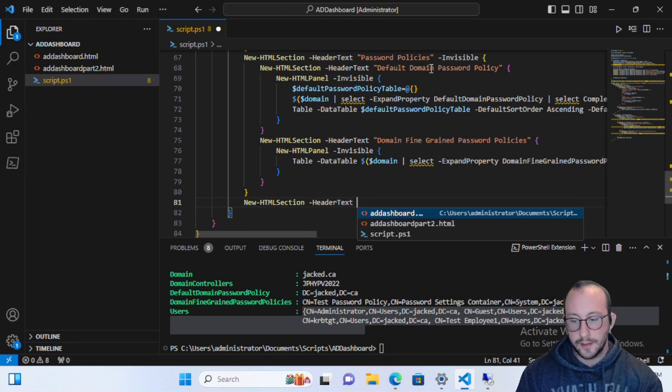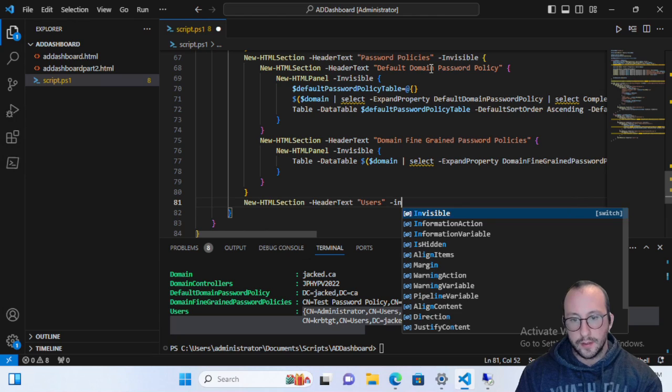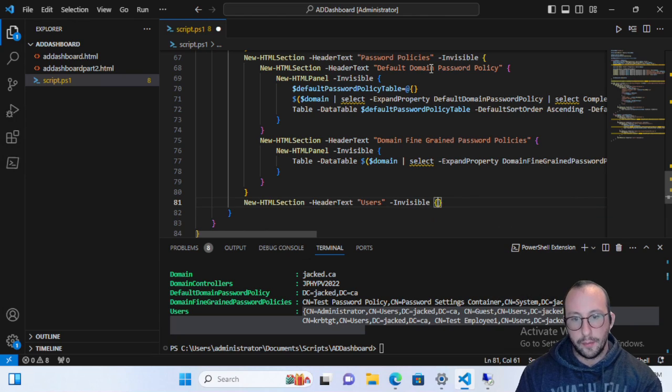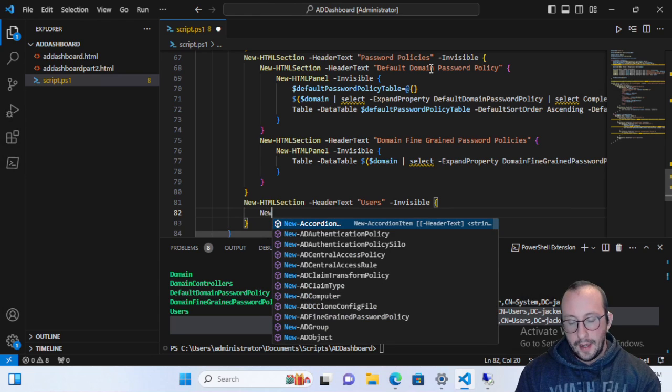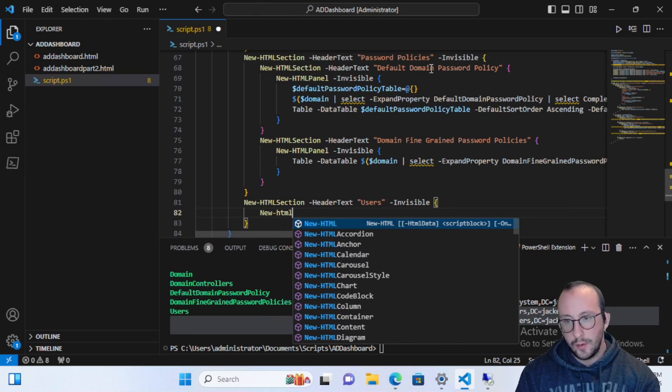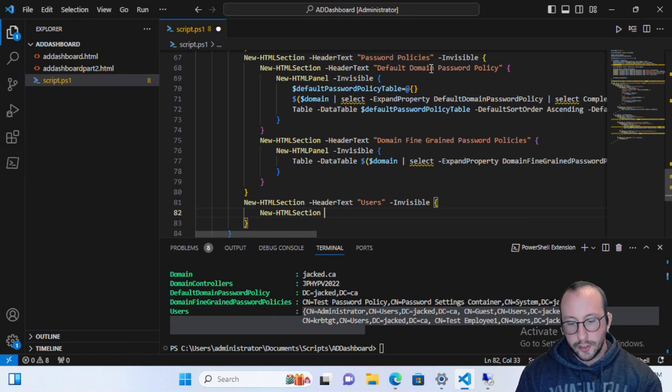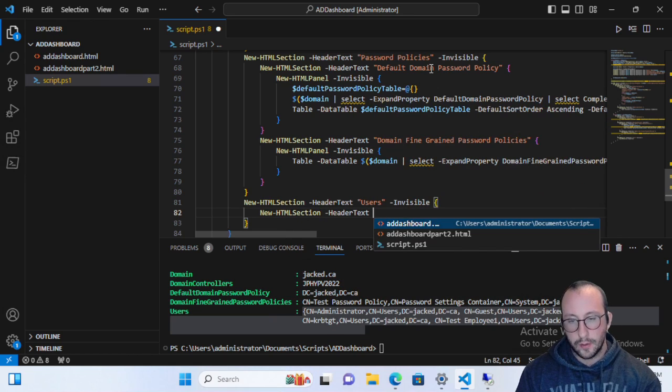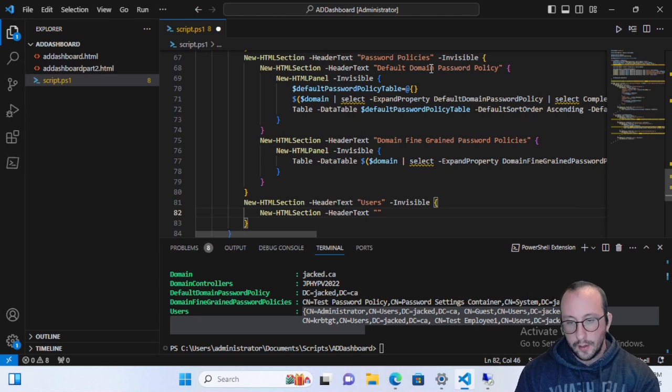The header text is going to be users. Now I always like to make this invisible right off the bat, and then we're going to open and close the curly brackets. And let's go ahead and create our 3 sections right away. So let's do a new HTML section, header text. We're going to put that to disabled